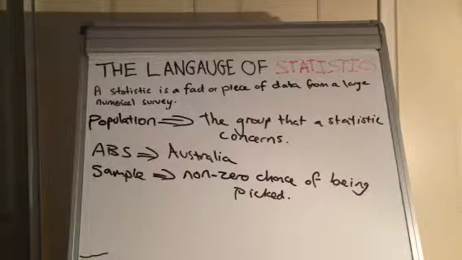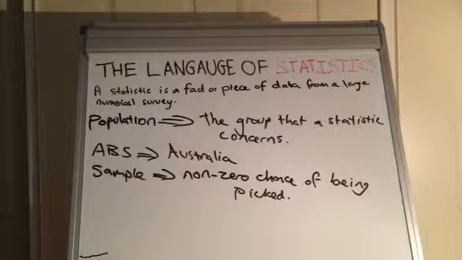So we covered a few key concepts there. We covered a population, which is the entire group, a sample, which is a subsection of the group, and a random sample, which is where everyone has a non-zero chance of being picked, so there's no blocking people out and perhaps skewing any statistical data. And we've also touched briefly upon bias there, because of course bias can mean all the difference with